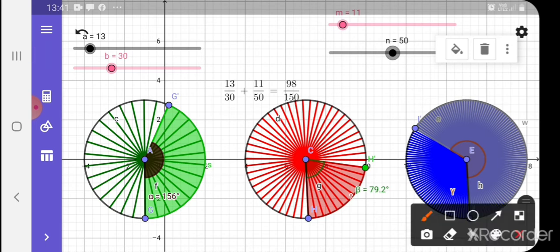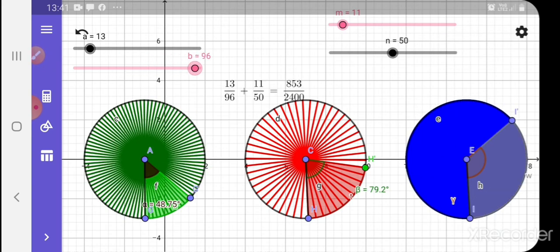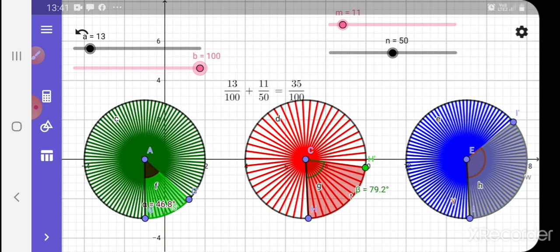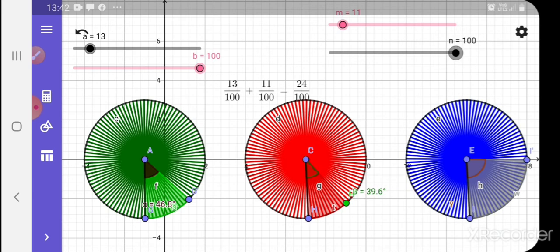So you can easily observe from here. Here this is the first fraction, this is represented by the second fraction and the result is represented by this. Now again you change to some extent. If you change, so both denominators are 100. The fractions both have denominator 100. Then what happens, you see?